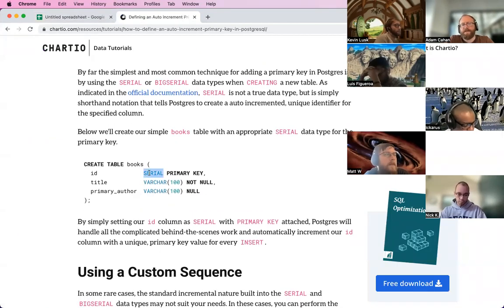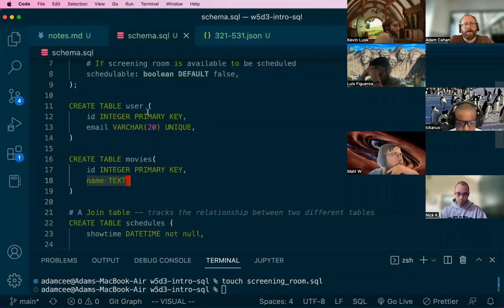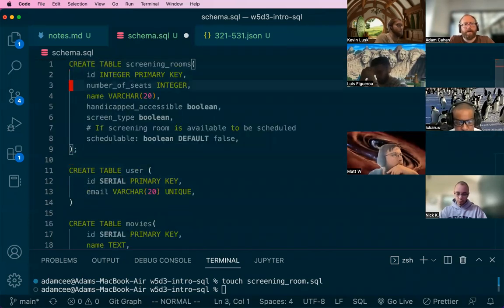So it probably needs to be the serial data type. Serial is like a regularly increasing integer. So this should really look like, I want to say, like that. And then